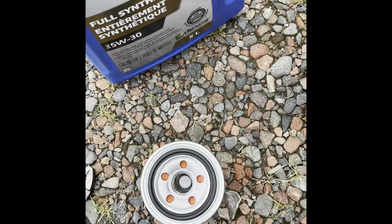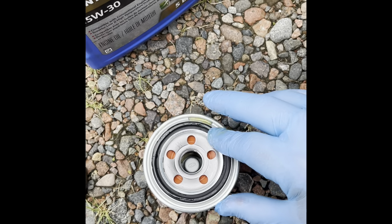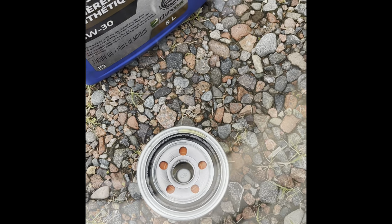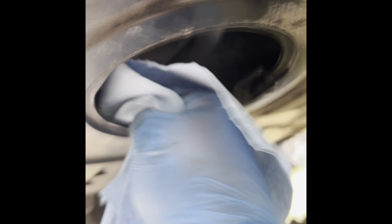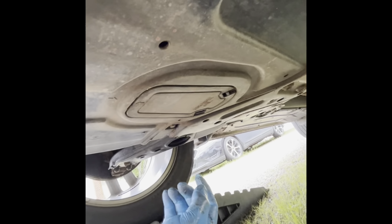Then you're going to remove the plastic from the OEM filter and make sure to lube that O-ring so it doesn't get stuck. Next, make sure you wipe this area with a cloth. It seems to attract a lot of oil dripping down from the filter, and I don't want to get it in my customer's driveway. So now you can reinstall this access plate and move a bit farther back to the oil